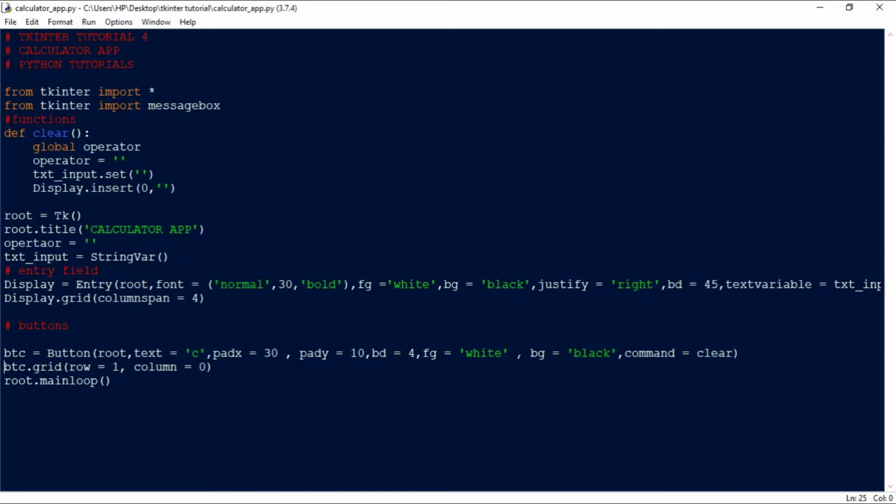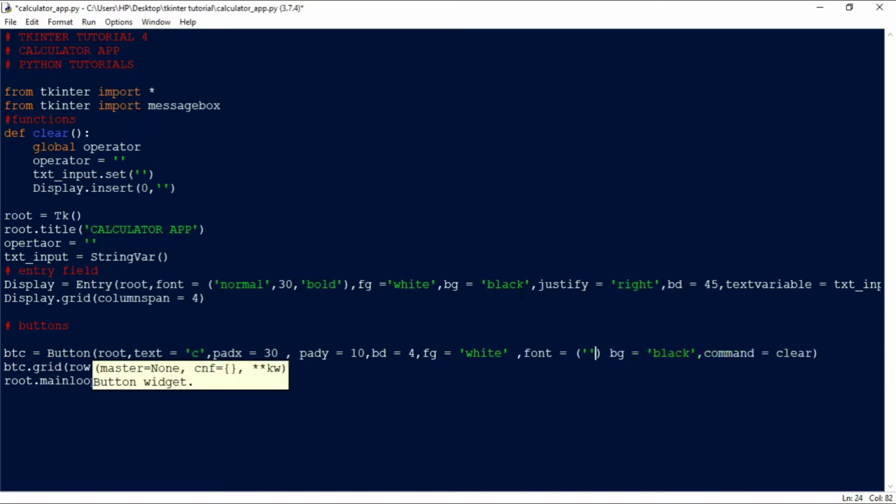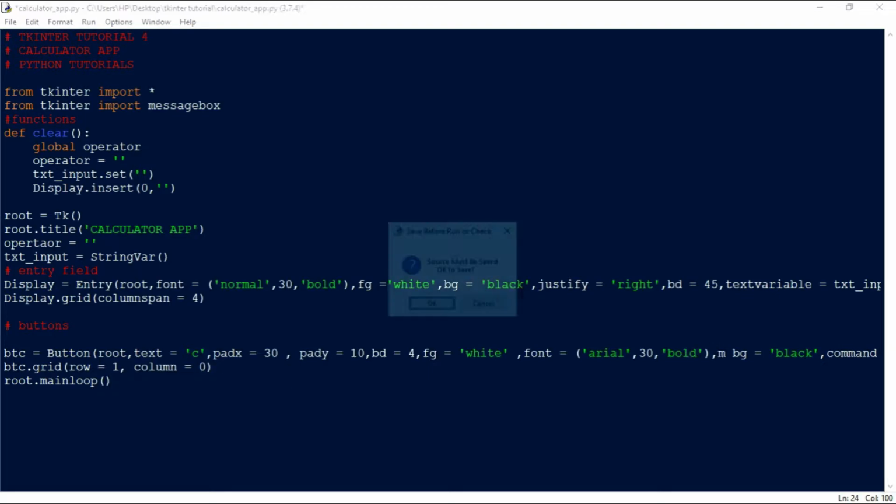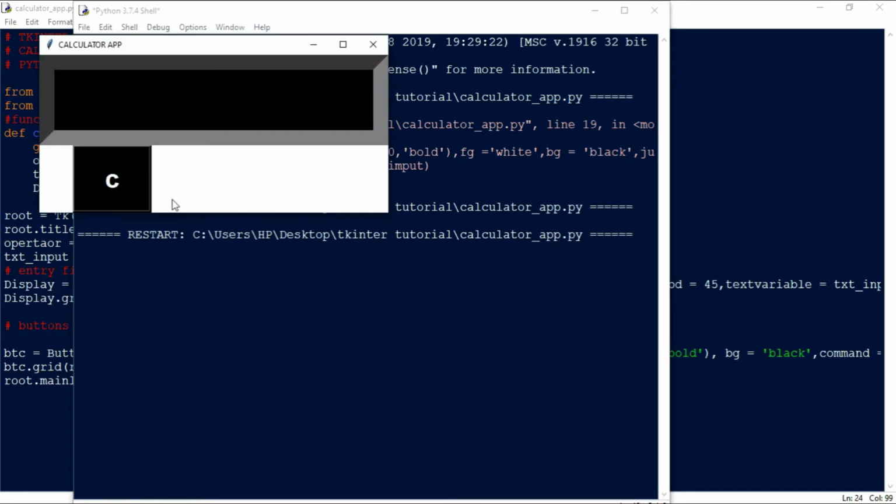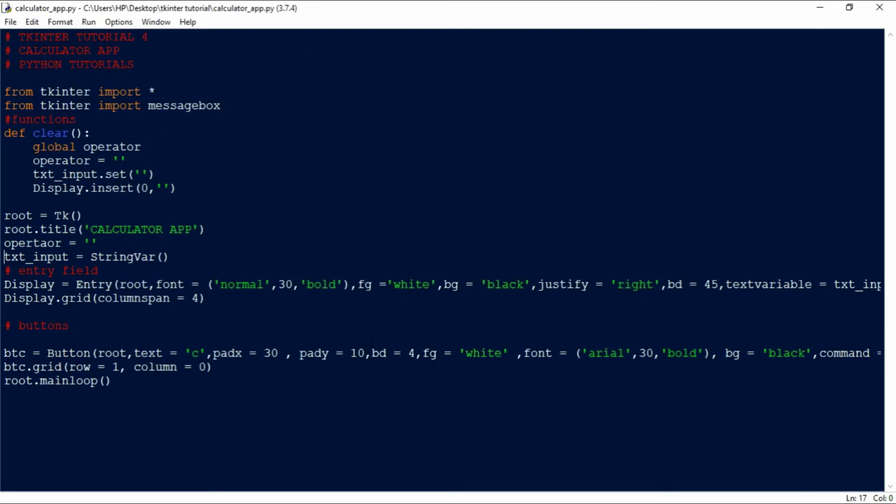And here I have to specify the text, which is the font style. The font equals to Arial, that is going to be 30, and it is bold. So it should be looking something like this. Yeah. So this is the first button. Like that, we have to create 4 more buttons, and almost everything is the same for creating other buttons. The next button is going to be the